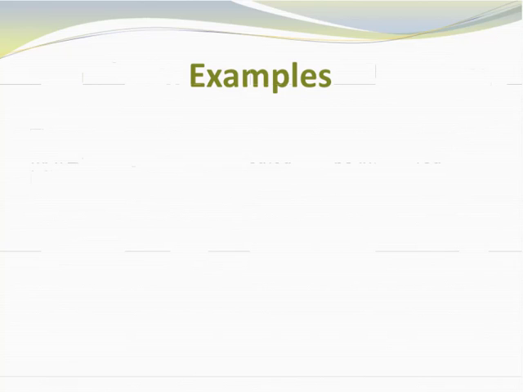Now, let's take a look at a couple examples so we can have an idea of how the input statement works. So let's say I type this command into the command window. You could actually go ahead and do this if you want to pause the video. Okay, so we have radius equals input, please enter the radius. Our variable is radius, our message is please enter the radius, and it's an